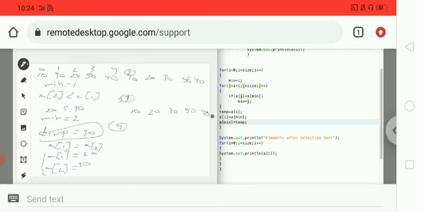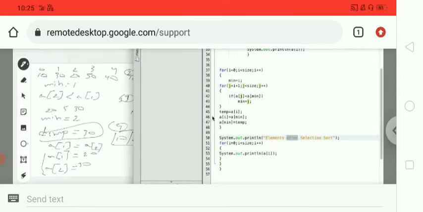So at last, elements will be arranged like this. So we already saw 2 iterations, how the for loop will work and how the elements will be assigned. So in this way all the elements will be assigned. So at last we can see elements after selection sort.